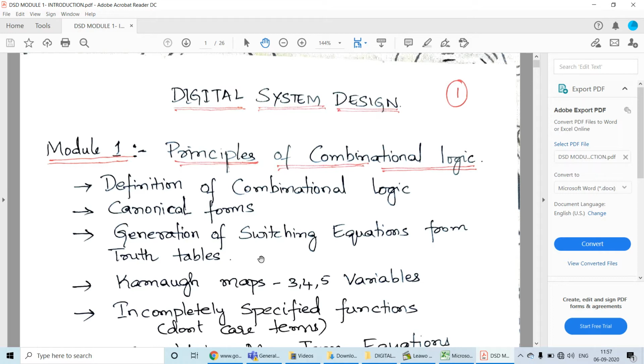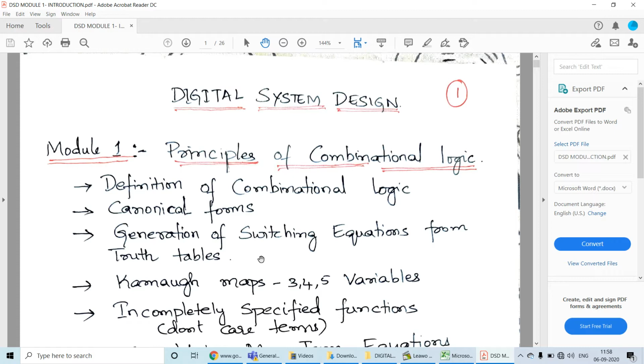So basically my video covers the foundation part of digital system design, what students need to learn in their second year of engineering to better understand subjects like information theory and coding, which you have in the sixth semester, and then communication systems and digital communication. Wherever you go, I hope the knowledge you gain in this digital system design subject will help you a lot.